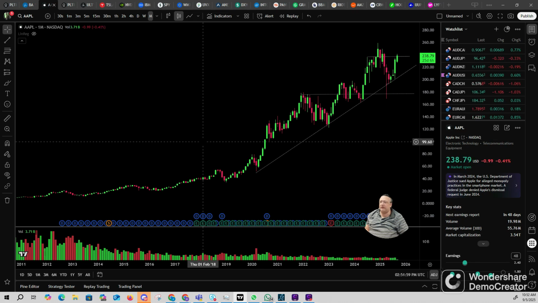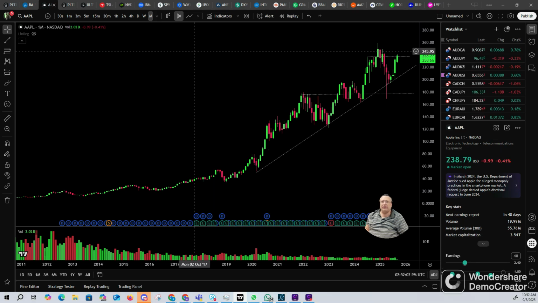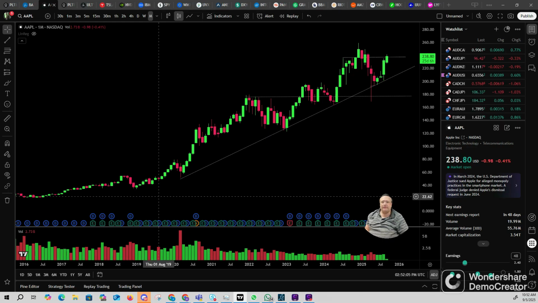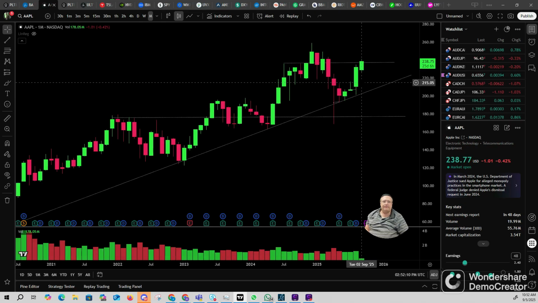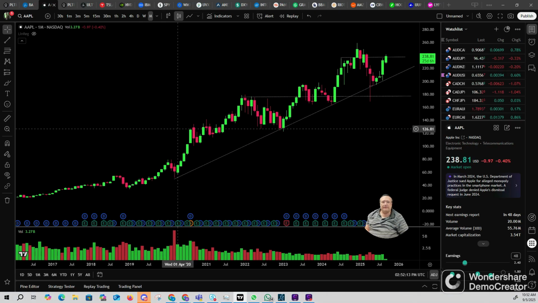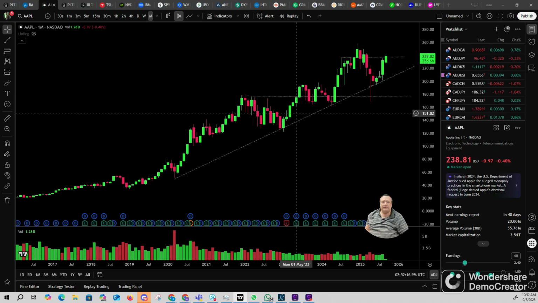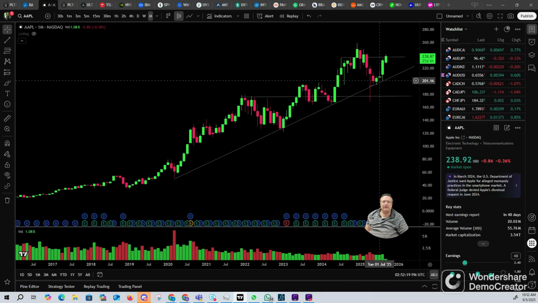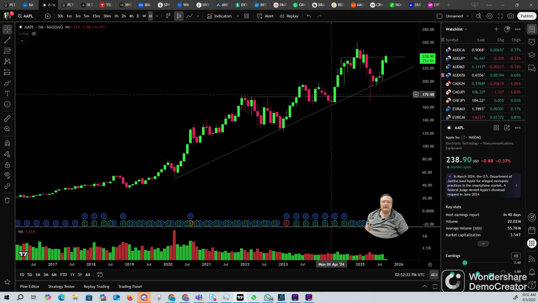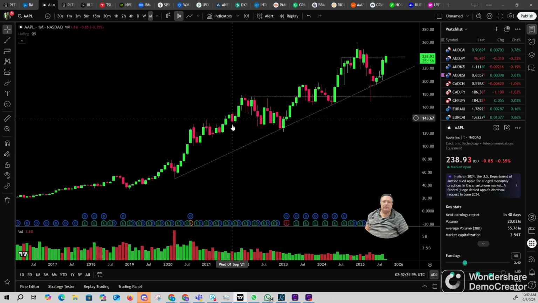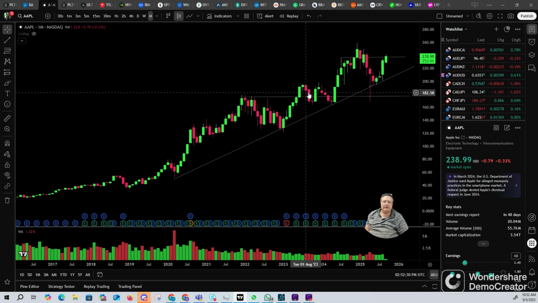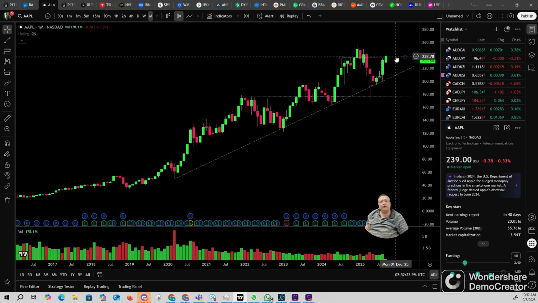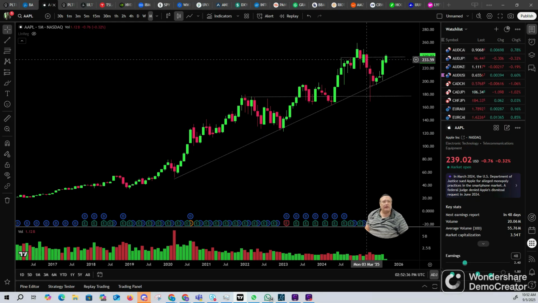And let's talk about Apple. Apple on a monthly. So I have pre-drawn some trends and support and resistance areas on the monthly. As you can see, it traded up off of it, tested it, up, tested it, up, tested it. Now these are all newer highs and higher lows, which is, a higher high with a higher low consecutively is usually a continuous, very bullish uptrend. Did break out over here, which was a resistance area at the 236